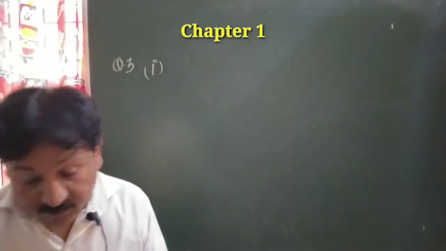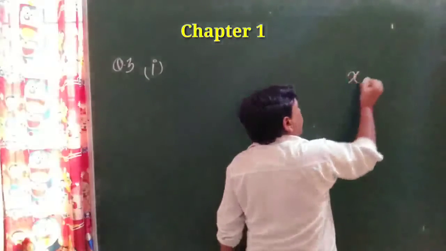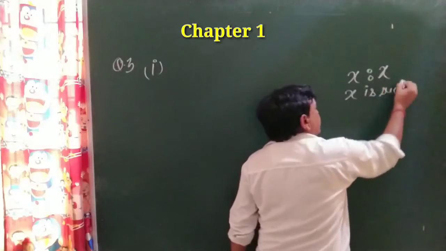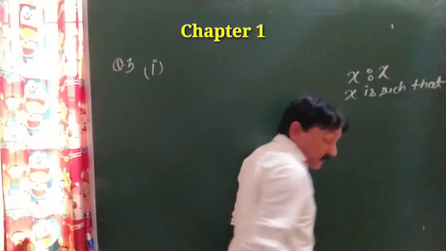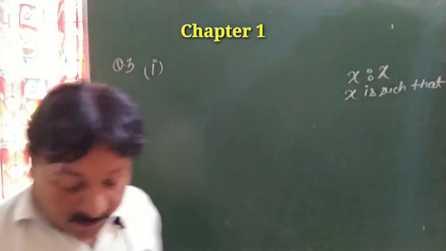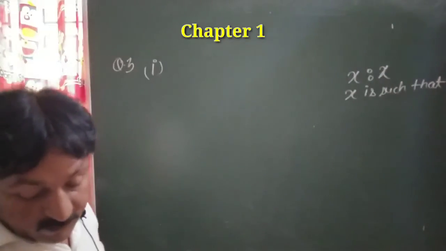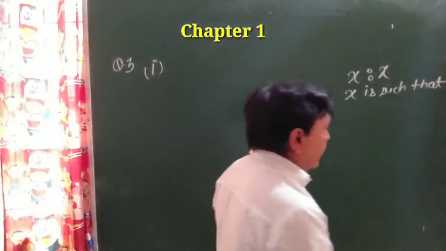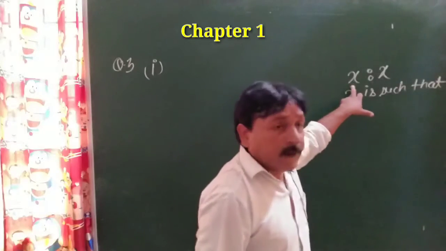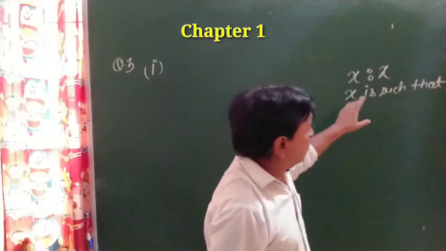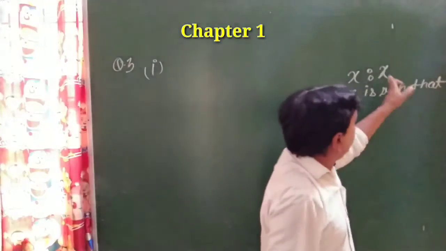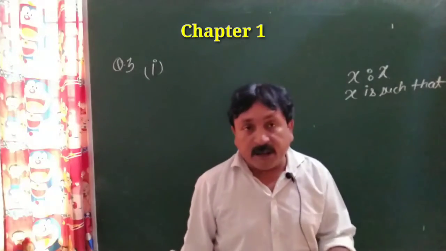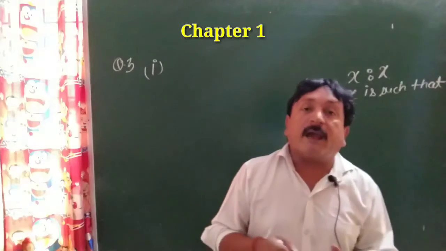X is such that, see, one more thing. If anywhere it is written like this, it means X is such that. And one more thing which we will discuss in the next session, that all the sets in question number 3 are actually written in set builder form. Set builder form, I am just giving you one idea: in this form we take a general element, okay, and then we define what X is. I just told you, X is such that. And now in this question I will explain what X actually is. We will put some condition, and according to that condition we will find all our elements, okay?